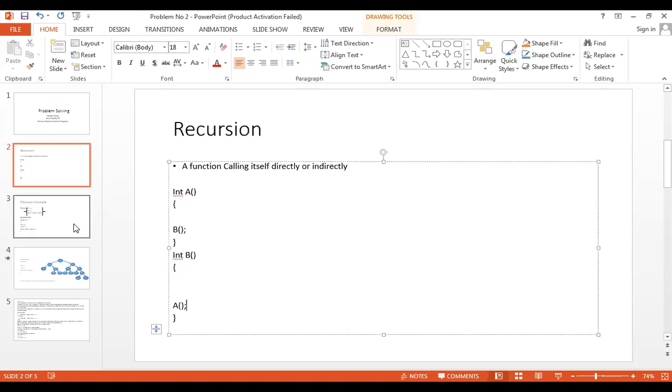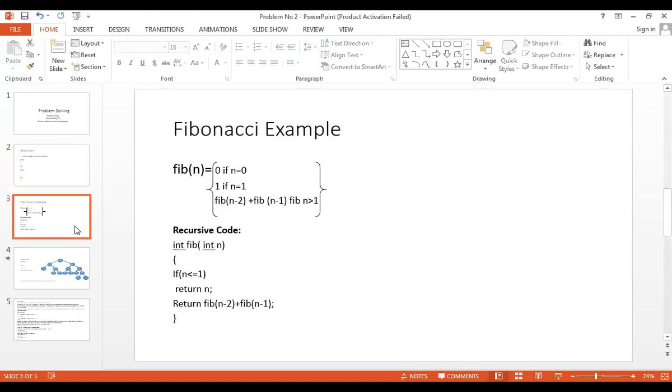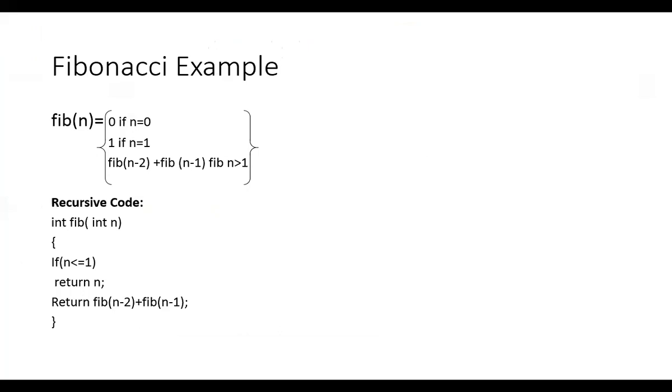And let's go to the example first. So this is the example. I hope that all of you are clear with the Fibonacci series. Still, I can remind you that in this series, the starting two numbers are 0 and 1, and the next number is the addition of the previous two numbers. So if the first number is 0, the second number is 1, then the third number is the addition of the previous two numbers, that is 0 plus 1, 1, and the next number is 1 plus 1, 2, and the next number is 3 and then 5, and like this it goes on.